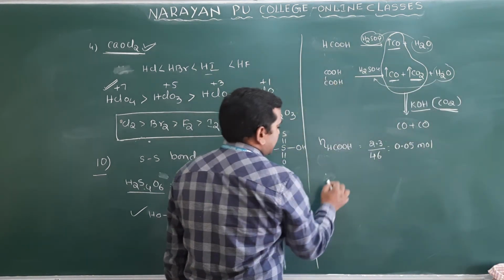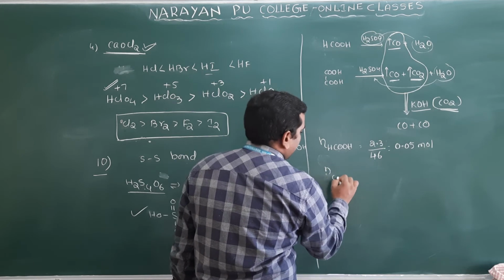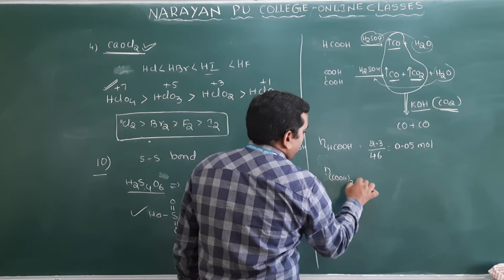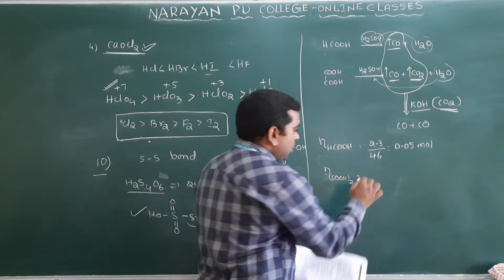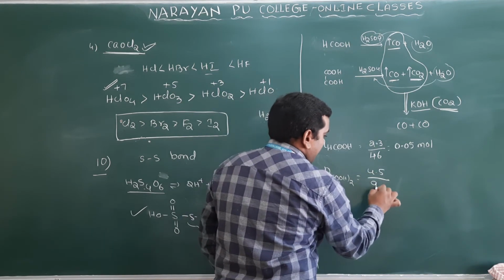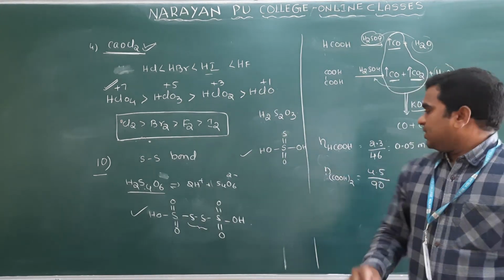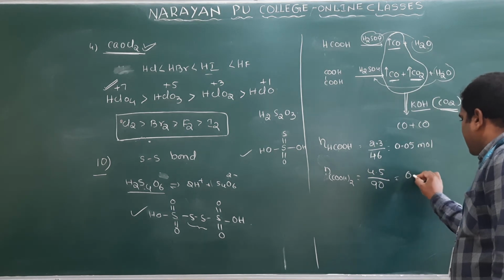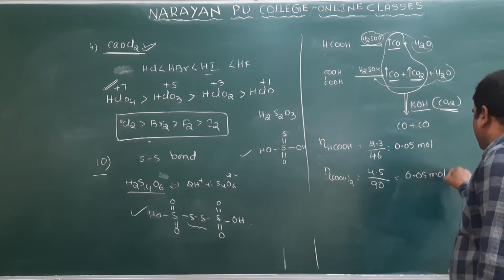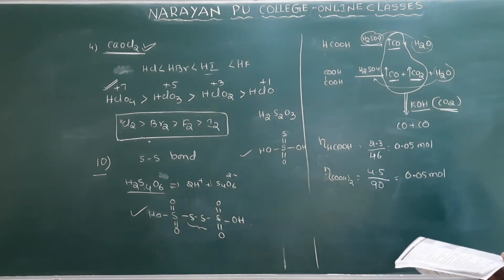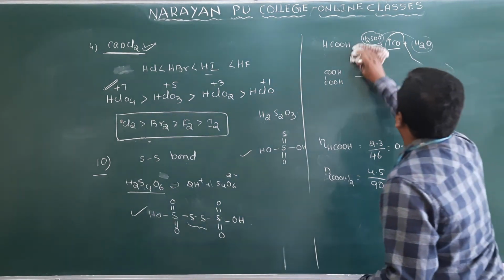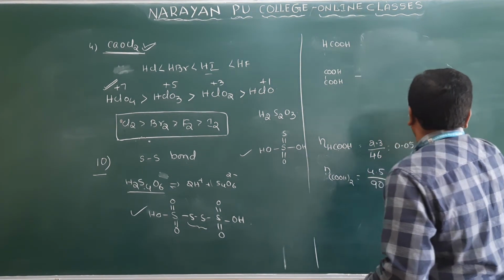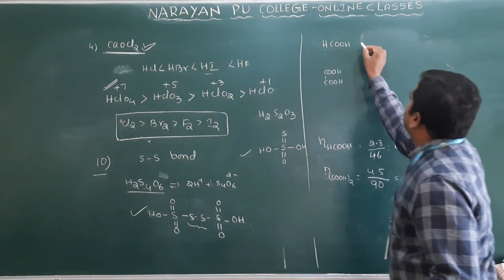And COOH, they have given the number of moles of COOH twice. Mass of this, how much have they given? 4.5 grams. If you calculate this, you will get 90 grams. Then what will you get? You will get this 0.05 moles. Clear? See, this is simple now. I will write very clearly. You understand now what this one is? See now, this is